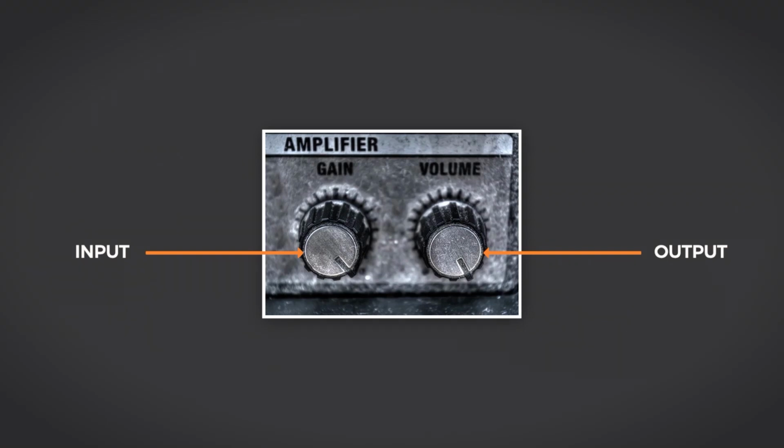So if we were to add a chain of effects to our recorded vocals, we're extending the signal flow of how that sound exists, and there are opportunities and implications for volume at every stage. We're also starting to understand two crucial volume stages: input volume, which we usually refer to as gain, and output volume, which we usually just call volume.